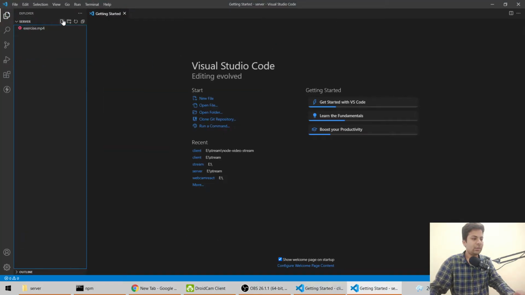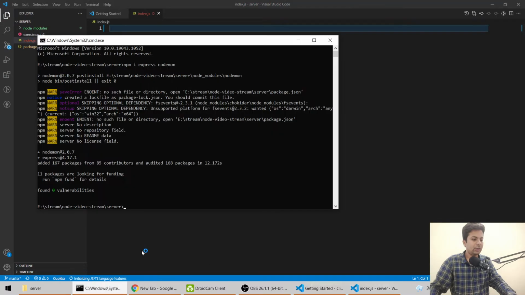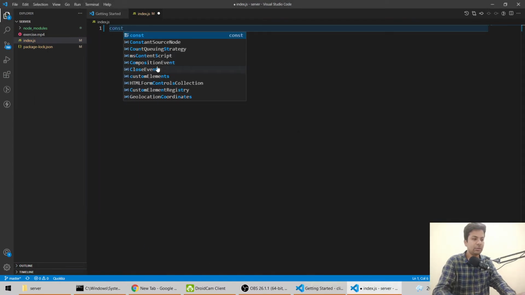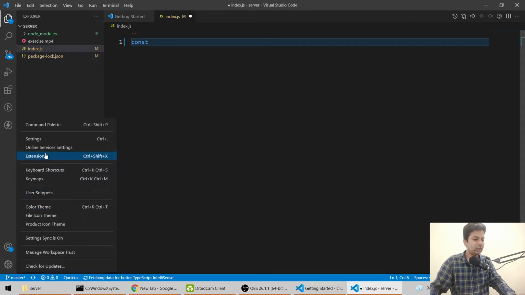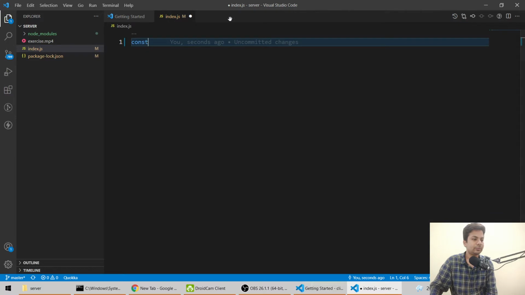Here we'll make a new file called index.js. Everything is installed, so now we'll make an app. Let me make the font a little bigger. Settings, yeah, it's 18 only.